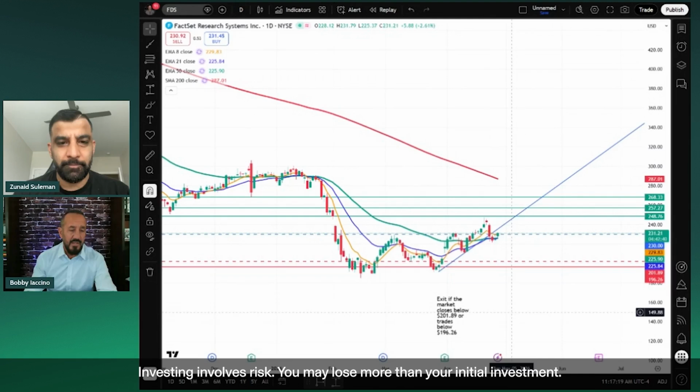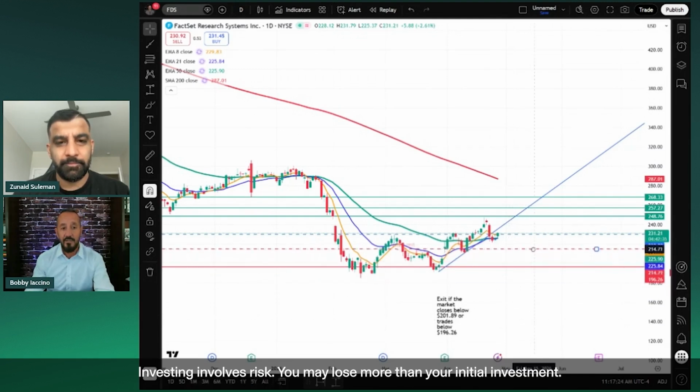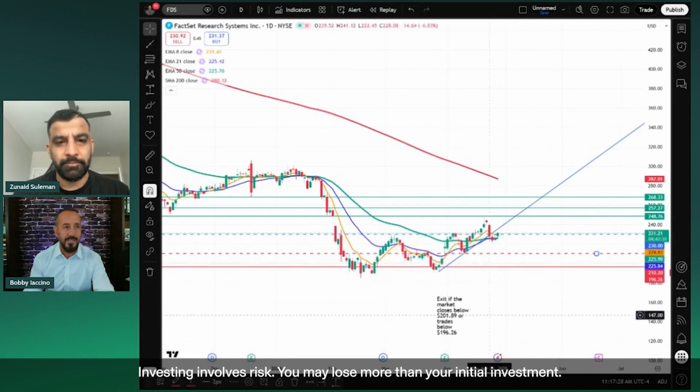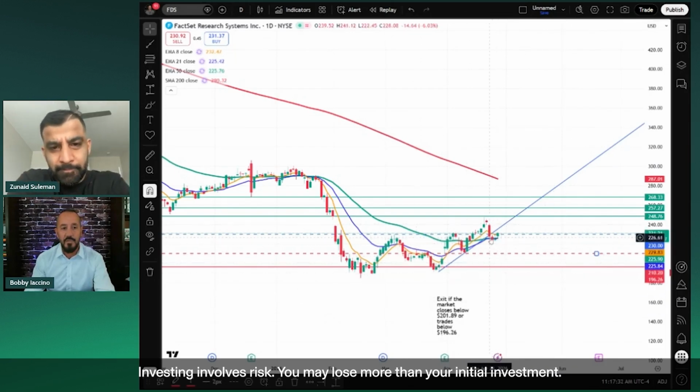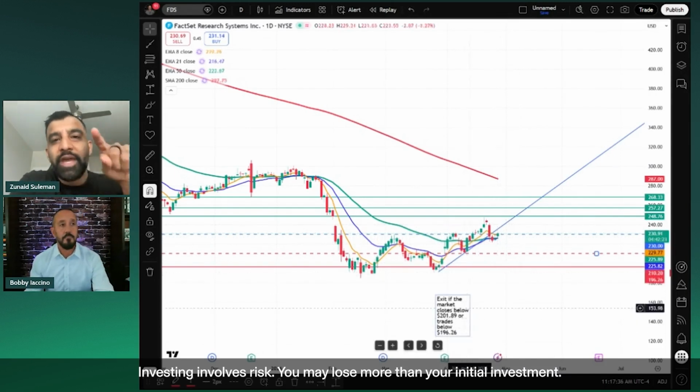Okay. Now, to our newsletter subscribers, we've already moved this higher. I think it's basically to right here, but we haven't gotten above our entry point yet. So it's already going to be a reduced risk trade, but I don't love that it's broken this trend line and continued lower and has not gotten back above it yet. So when that happens, right,